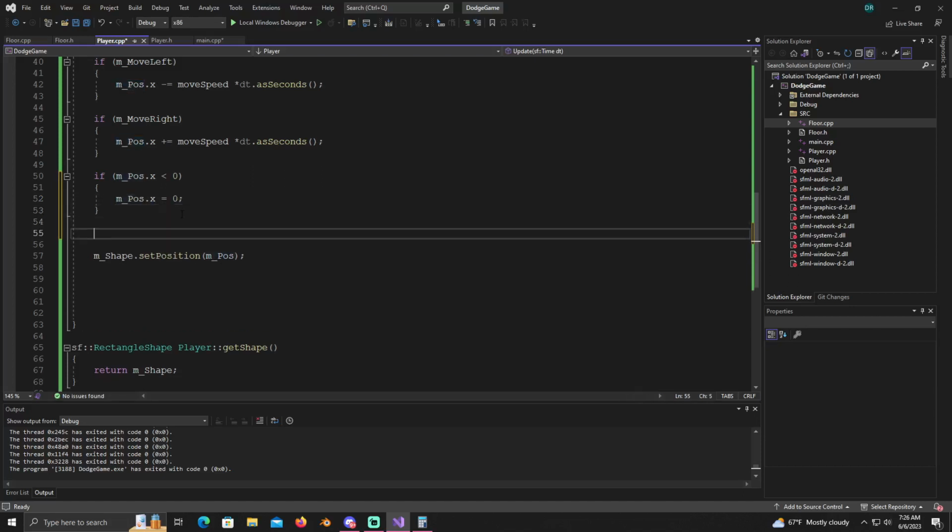That'll clamp it to the screen, and you can also do the same with if mPos.x is, let's see, greater than,